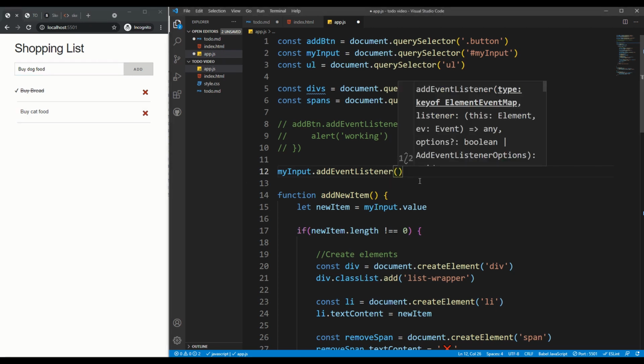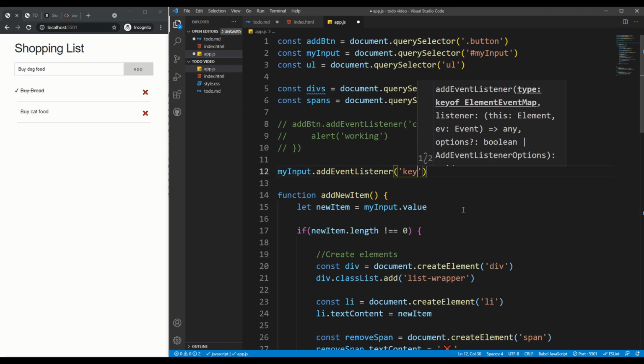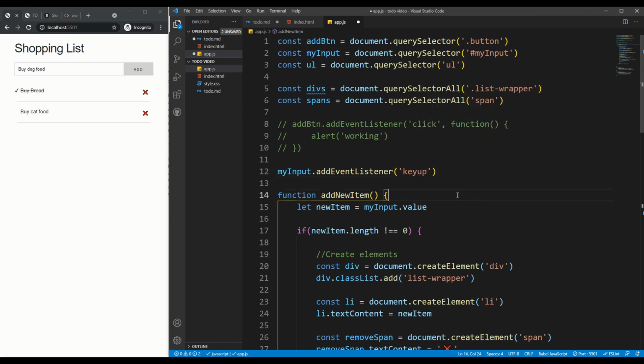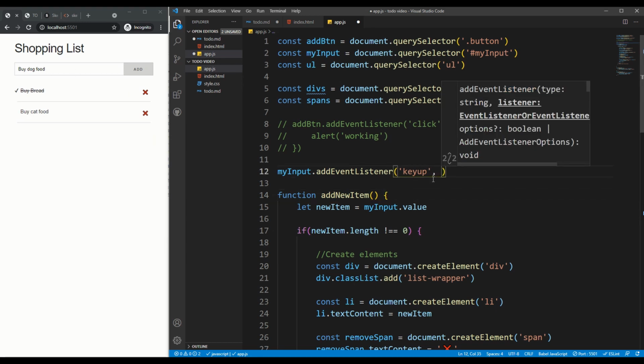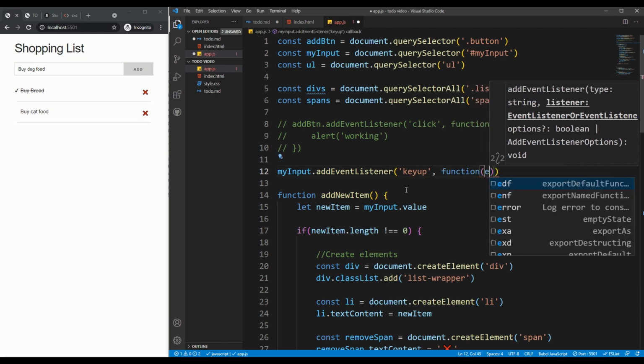So in the parentheses, the event that I want to listen to on the input is called keyup. There are two events, keydown and keyup. I want to listen to keyup. Once I press down enter and then release it, I want to do something. I want to add that item. So I say keyup, comma, a function which will take an event,